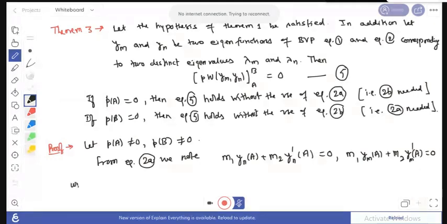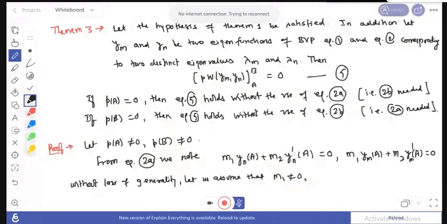Okay, so without loss of generality, let us assume that at least one of these should be non-zero. You have written that in the boundary condition both should not become zero, so at least one is non-zero. So we assume that m1 is non-zero. And we try to eliminate m2 by multiplying and subtracting. So we have to eliminate m2 from the above two equations, and this leads to